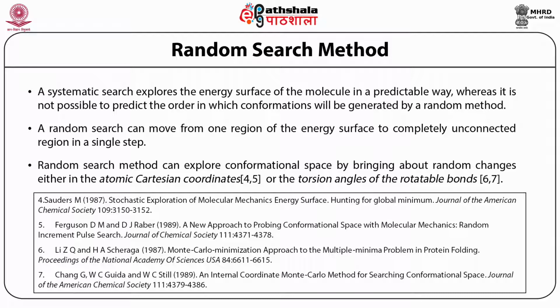and we go to the next one, where we do the random search. Random search is a little better in time than systematic search. However, it tries to vary all the rotatable or torsion bonds and also works with respect to Cartesian coordinates. So one assigns a mode equal to simulation with the random methods, calculates its energy, and optimizes the energies with ultimate functions. So that is a reduction of time compared to systematic search, and it searches as much space as possible. References are given in this slide.